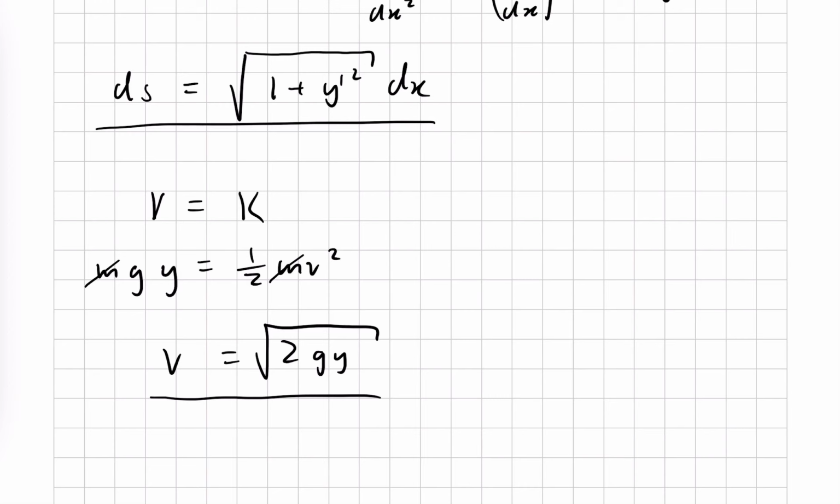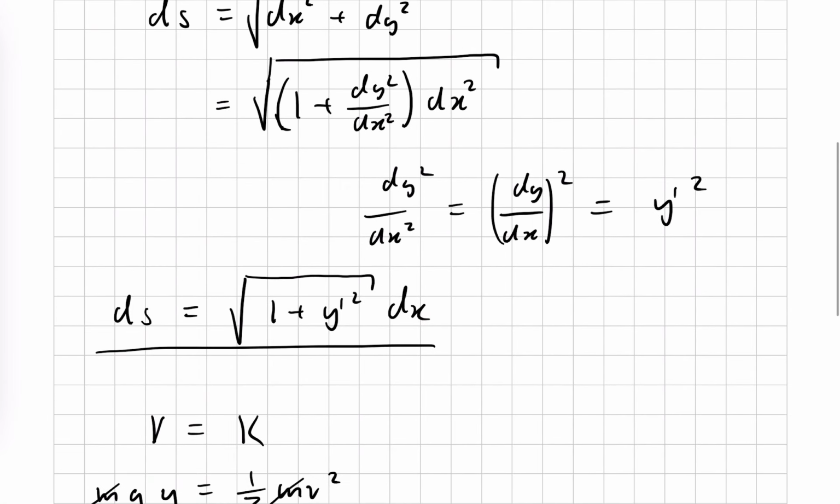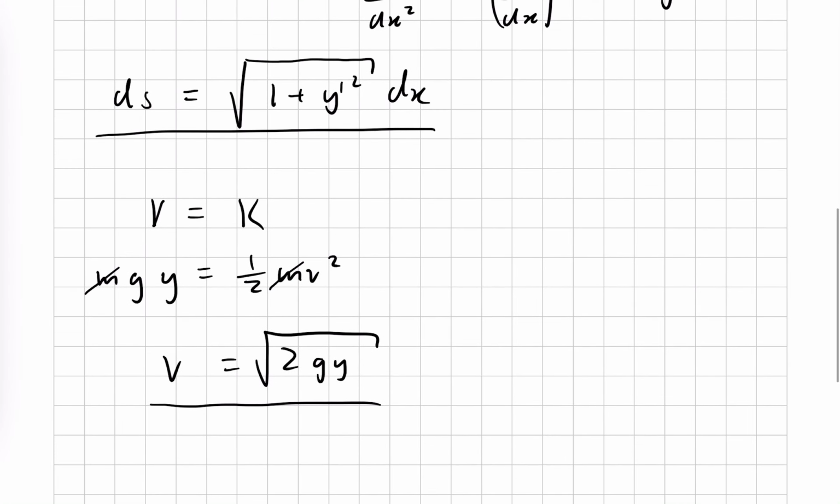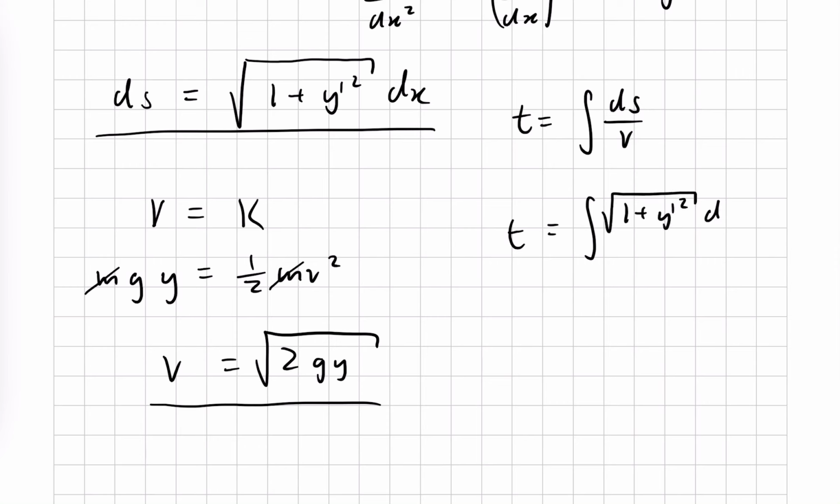Now we insert these two expressions into our original equation for the time. Let me write this down again. Time equals the integral of ds over v. So the time is equal to the integral of the root of 1 plus y prime squared times dx over the root of 2gy. This can also be written like this, the root of 1 plus y prime squared over 2gy